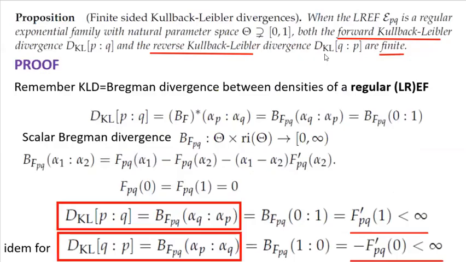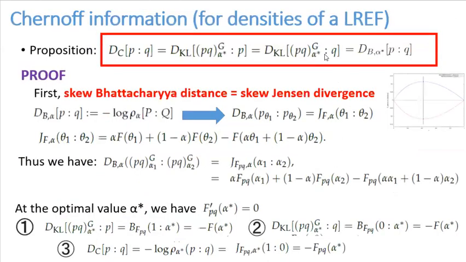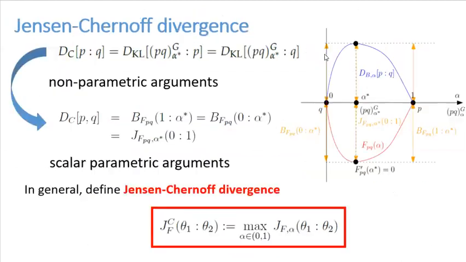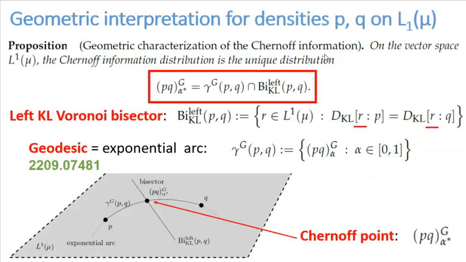I don't want to go into the details, but basically, we have one way to generically calculate the Chernoff information, just by looking at the two densities as a likelihood ratio exponential family. So you start with something that is not an exponential family, you model it as a 1D exponential family, and then you apply the generic toolbox. This is the notion here. We can interpret it. So basically what happens is, to find this optimal alpha parameter, you can interpret it geometrically as you have two densities on this